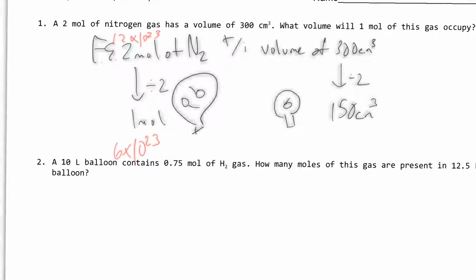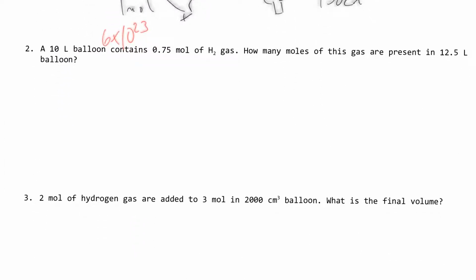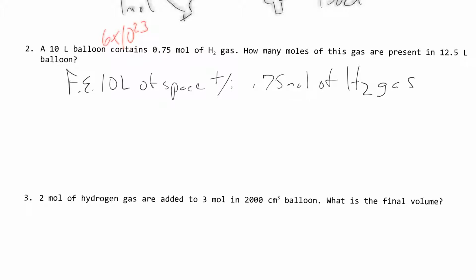Okay, and then let's move to number 2. We've got a 10 liter balloon that contains 0.75 moles of oxygen gas. So for every 10 liters of space, there is 0.75 moles of gas. And then if we have 12.5 liters, well, this would be times 1.25. We know that 0.75 is the 1 part, and then a quarter of 0.75, well, half of 0.75 would be